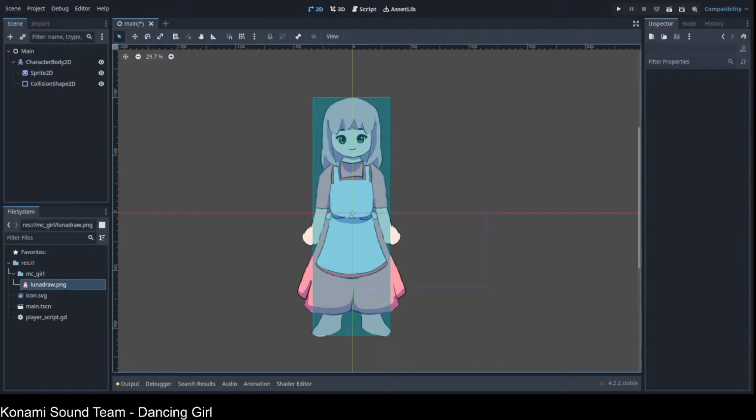I'm pretty sure there was a way to do this in the old Godot, but it is cool that this is like the default movement for the box, which I like more than the old Godot. So that's pretty cool. But for our character, we can name him our player, because this is going to be our player, and we're going to create a player script. And the first thing you notice when we create a player script is you see all this code, right? Under the character body, you see all this code. This was never in the last one. You just had like a little ready function, I think, and then that's it. But now they have like an entire movement system, right? So they